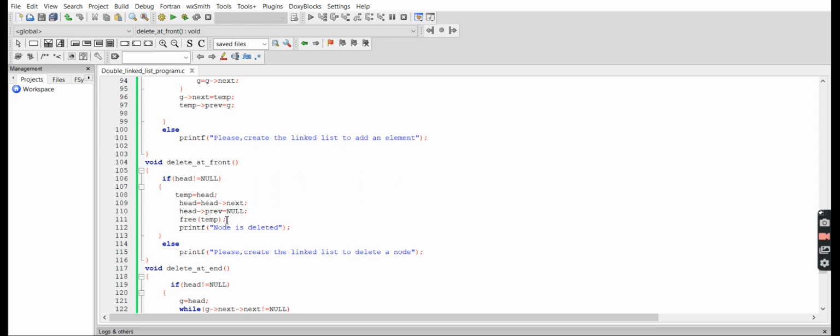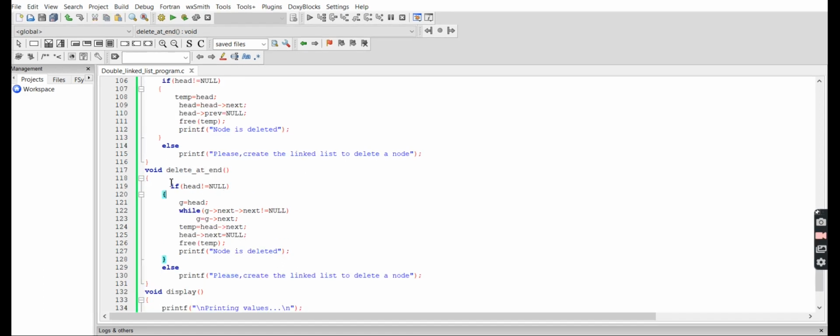Null is assigned to head of previous, and then after the separation, free the temp, then print the node is deleted. Then if the condition is false, that is the head is equal to null, then it prints please create the linked list to delete the node, because there is no linked list created.